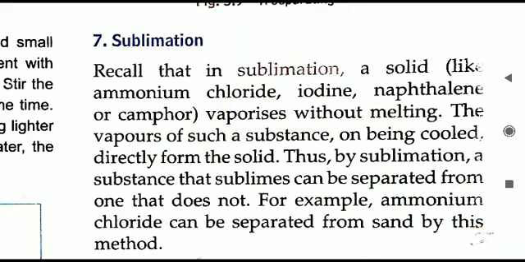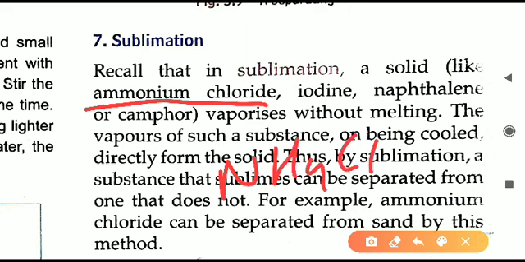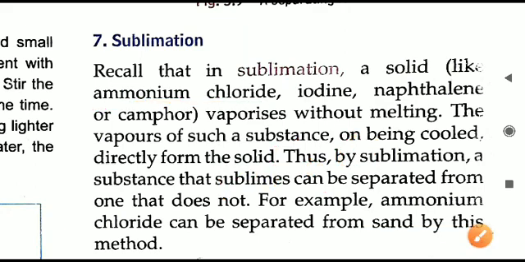What are those substances which are sublimating? Like ammonium chloride. Its chemical formula is NH4Cl. So this is ammonium chloride. This is sublimating in nature. Solid ammonium chloride, that is white color powder, converts into a gaseous form, or we can say vapor form. On heating it will not convert into liquid directly, it converts into gas.